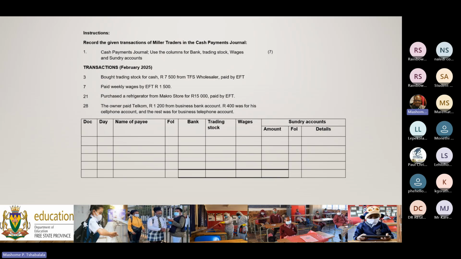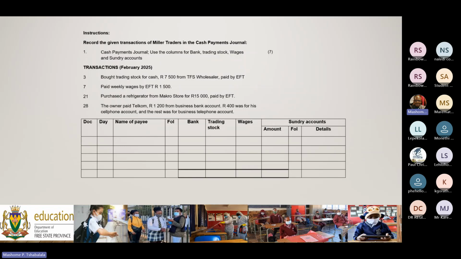The instruction says to use the columns for bank, trading stock, wages, and sundry account. You can see on the cash payment journal we have the column for bank, which is compulsory. Always it must be there. We have the trading stock and the wages columns. These are additional columns on top of the bank account, which is compulsory on the format